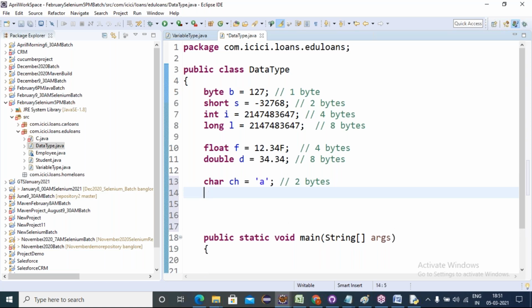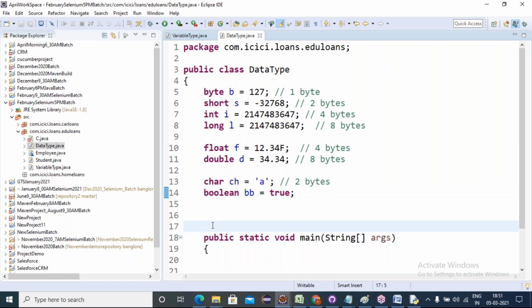Next is Boolean. Boolean takes true or false in lowercase. There are no zeros and ones, only true or false in lowercase. There is no range and size for Boolean type data.